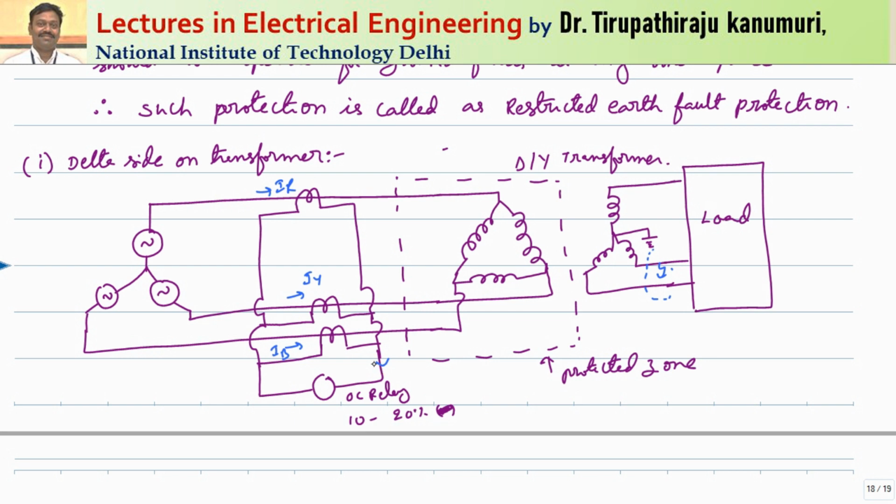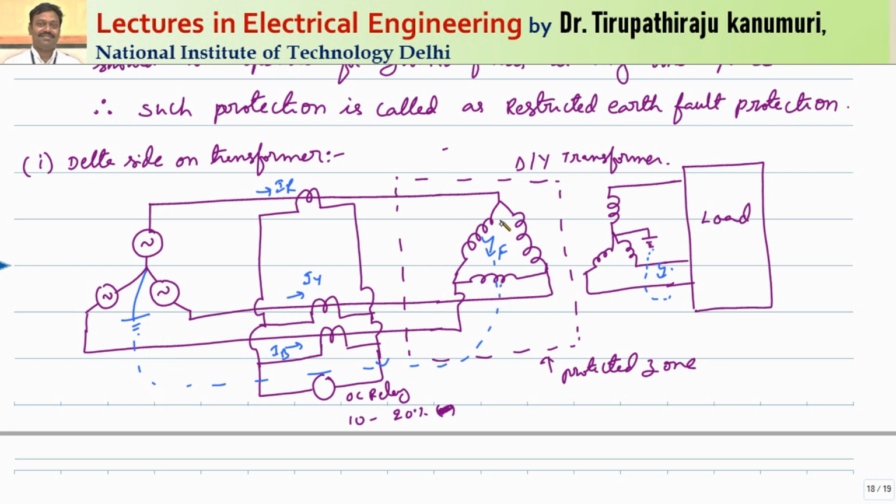Whereas if the fault is involving the ground, let us assume a fault happens here. Because of this fault, it involves the zero sequence component. Here I forgot to mention that there should be some return path, right? So this fault current will return back like this, in this way.